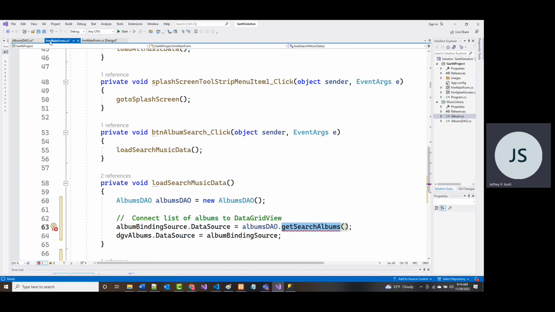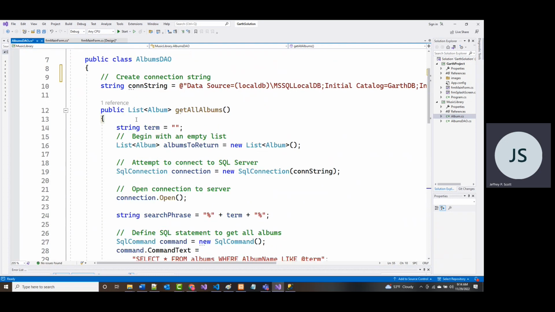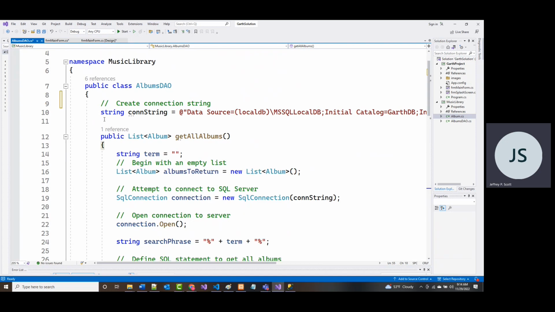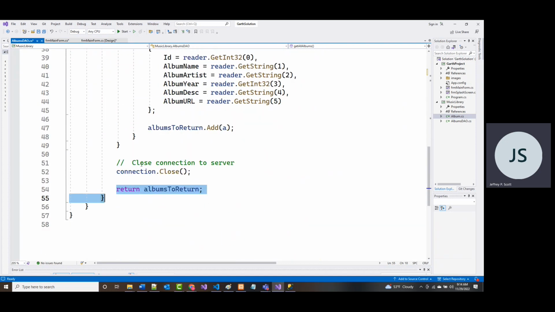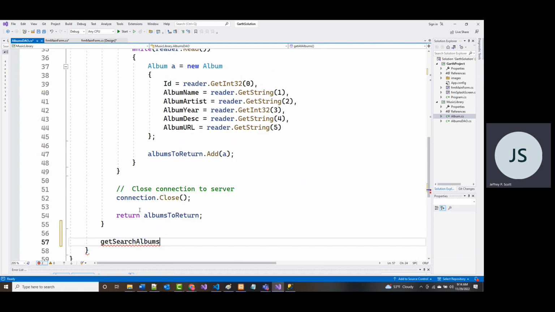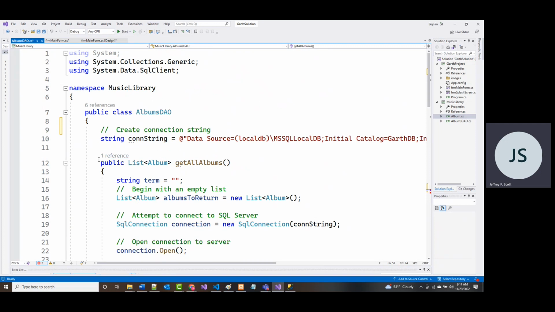I'm going to come into my album DAO, and right underneath where I've got this public list album get all albums, right underneath that, I'm going to drop this in. It's going to give me an error because I want it to look just like this, but have a different name.